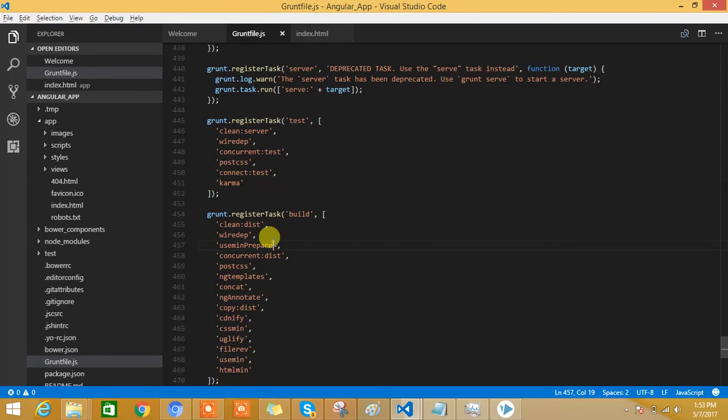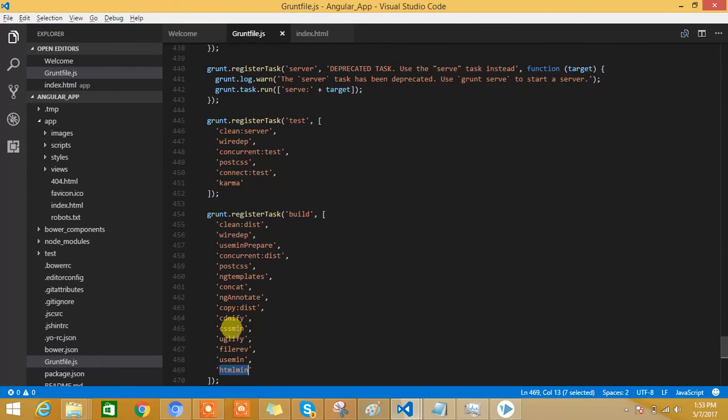framework in AngularJS. For now, if we execute this grunt build, it will execute these tasks one by one, where we have included the CSS min, HTML min, all these tasks. CSS min will create the minified version of the CSS, HTML min will create the minified version of the HTML files, and this concat, ng template, all these will concat. Say for example, we have n number of HTML files, script files and CSS files within our application. So these two tasks will concat those things into a single file. And then the minify tasks, like CSS min and HTML min, will minify those